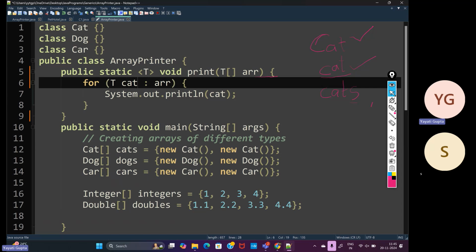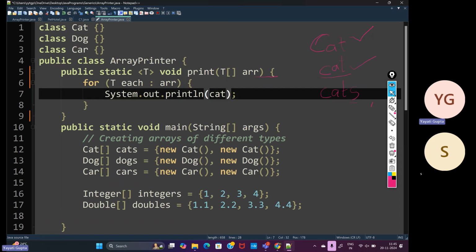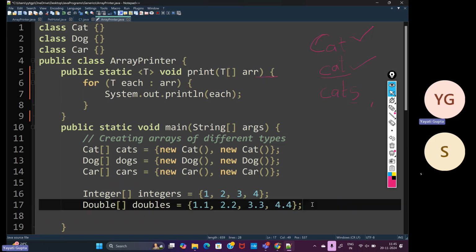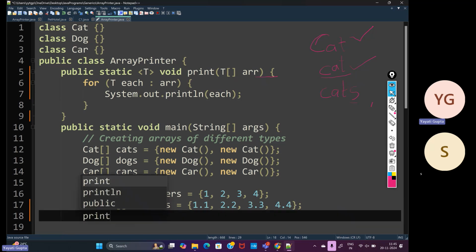What else? Similarly, the variable that you are using to iterate over the array, you can better call it each, like you do in Python, for each in list. And let's also make it each. That's all. We got a generic function. And now you can go on and call this function on any of these arrays. So let's call it on cats,